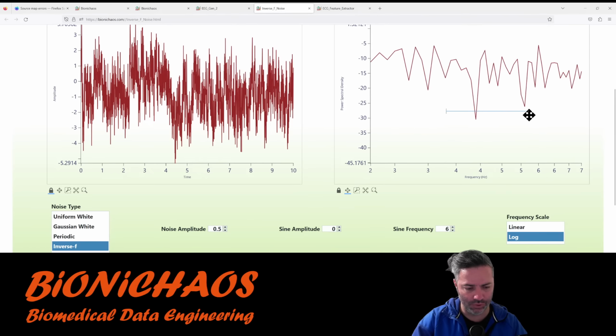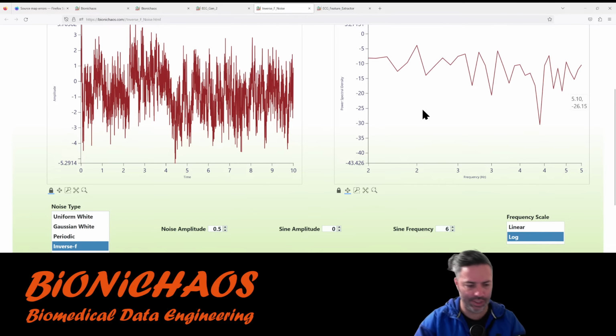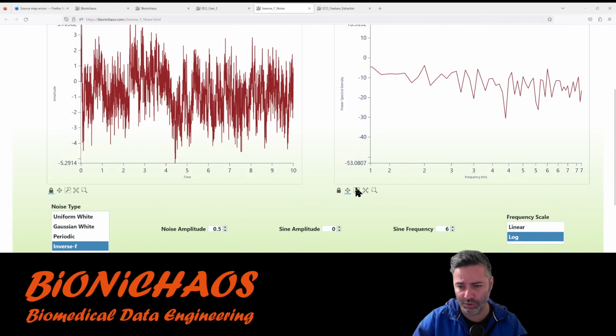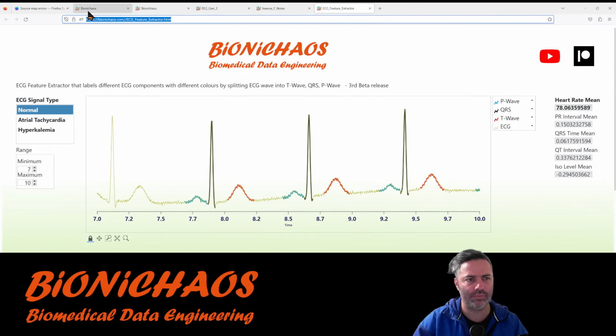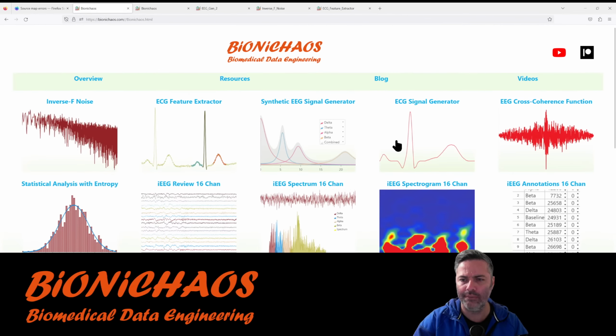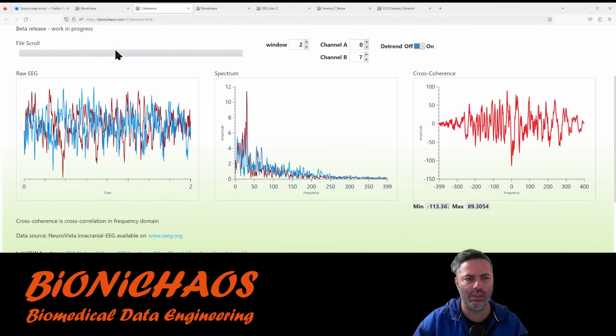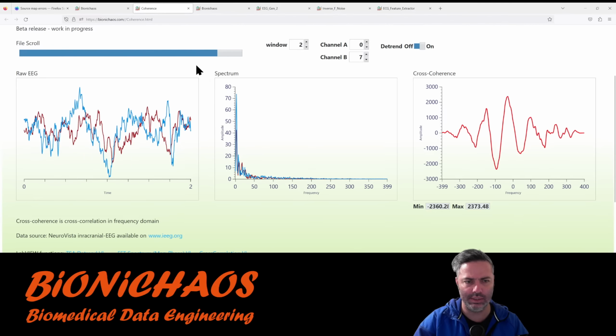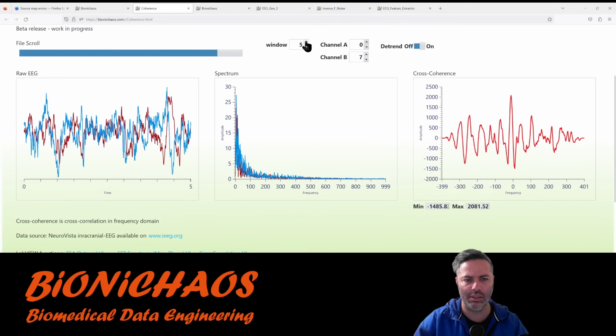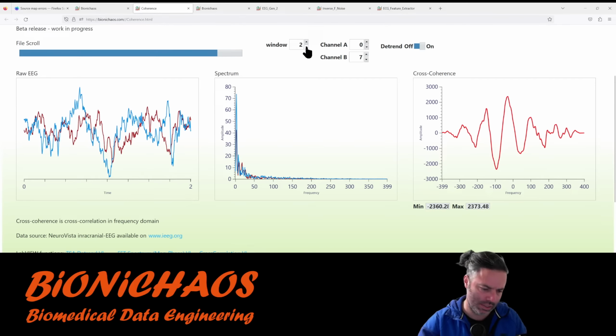Actually, you could scroll through those just using a finger on the touchscreen or your mouse. And this is quite nice and slick.